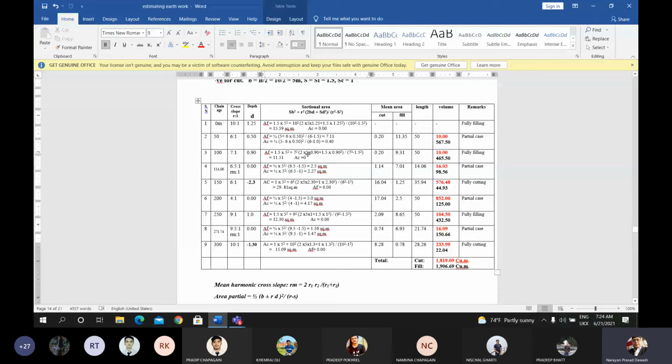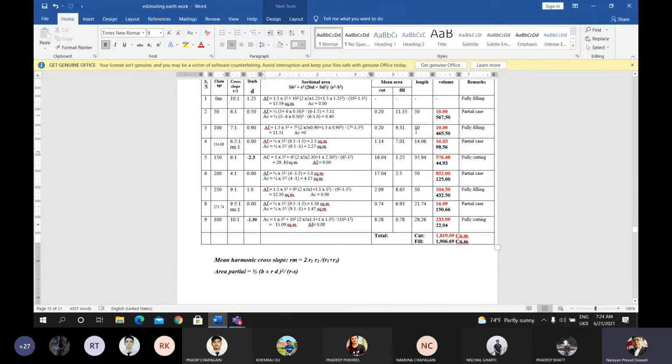Okay. Now the area of filling will be, for the partial case, half b plus RD whole square divided by R minus F. Area of cutting will be half b minus RD whole square divided by R minus S. The S value for filling is 1.5 and the S value for cutting is 1 here. And you can get the value of the area of filling and the area of cutting as 7.11 and 0.40